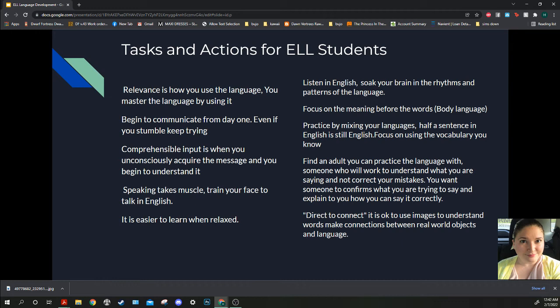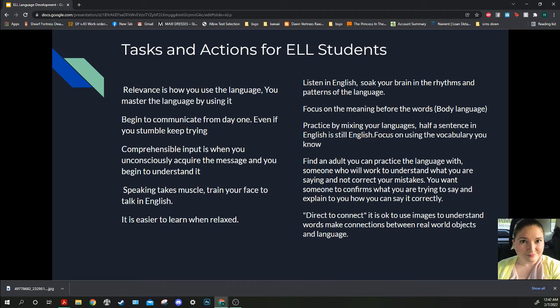Task and action. Listed in this slide are tasks and actions given to students to practice on their own. These actions help students build up their skills and master the language quicker. It is my belief that students need to be tested where they are. And due to my lack of control on whether or not they're going to receive standardized tests, I do believe ELL students need to work harder to match up with their peers.